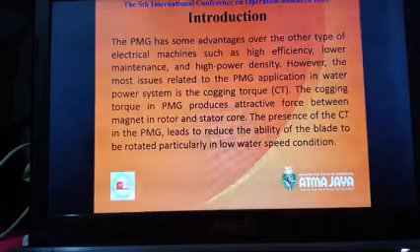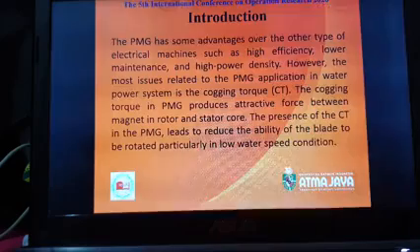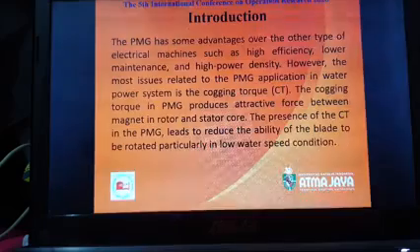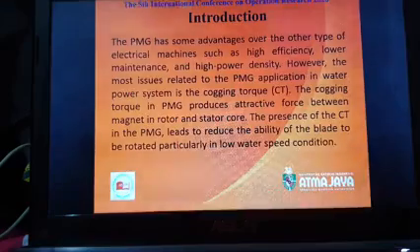The reason is that the PMG has some advantages over other types of electrical machines, such as high efficiency, lower maintenance, and high power density. However, the main issue related to PMG application in water power systems is the cogging